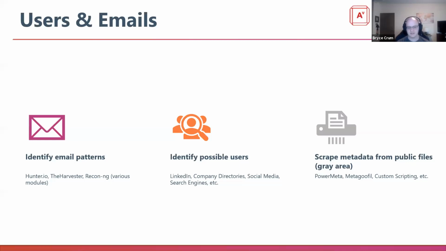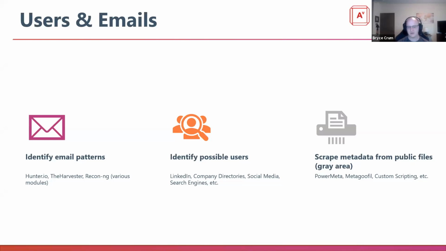Company directories obviously come into play here. That's a huge source of knowledge if they're available and public and online. Social media, I don't tend to find as often. Sometimes you'll get lucky there. It's kind of hard to make the correlations, and a lot of times you get a lot of false positives. Search engines, as I said, you can do those particular, I believe the proper term is Google Dork. You can identify very particular patterns and then utilize those in advanced searches to find users.